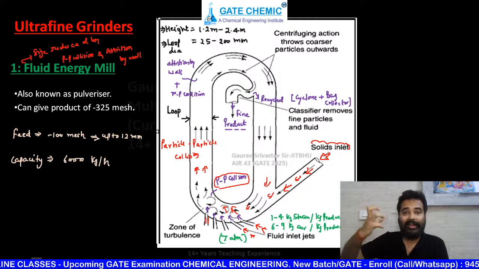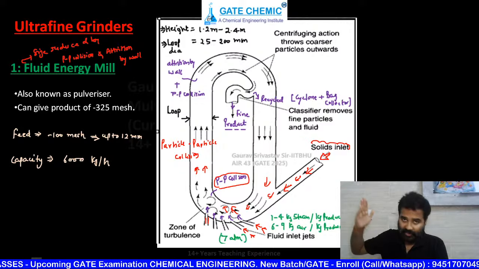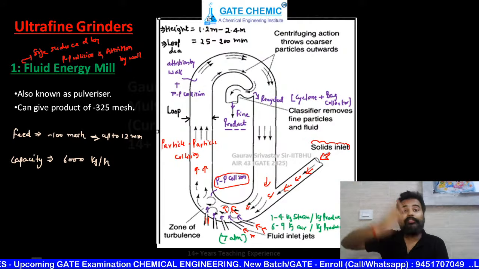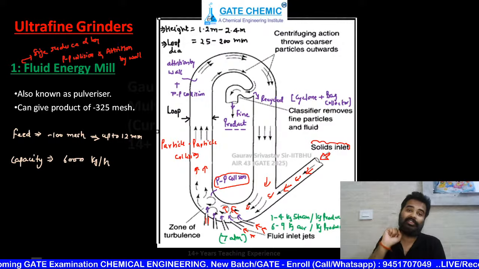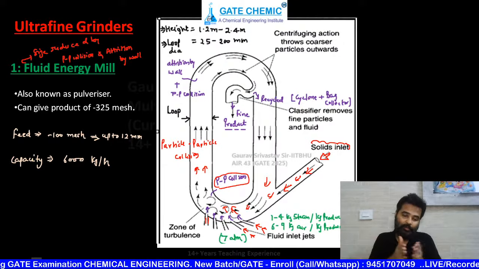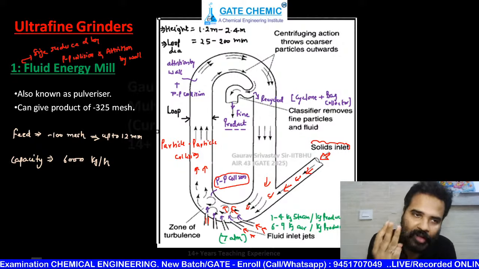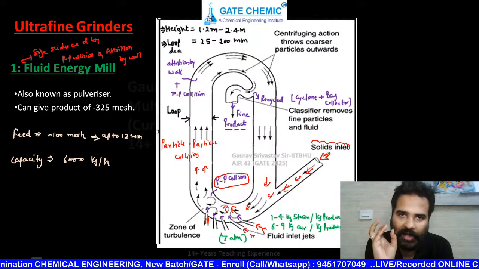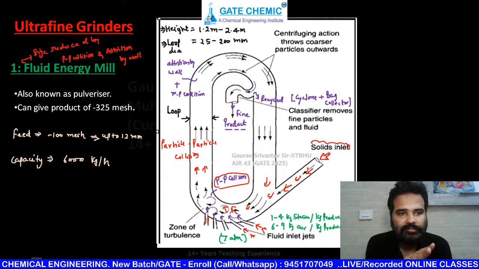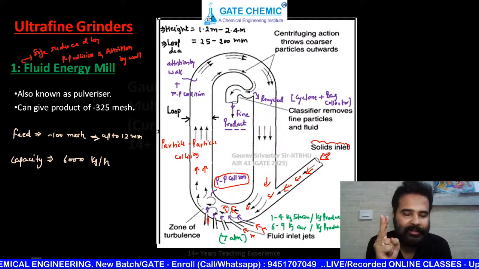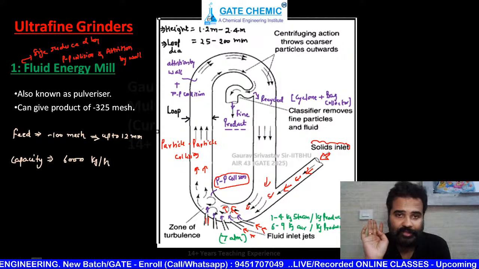which are going to separate just dust or very fine particles from your ground particles. So now ultra fine. It is now a fine hammer mill, that is just a grinder now converted into an ultra fine grinder with the fans, that is internal classification. आप क्लासीफाई कर रहे हो, प्रोडक्ट्स को. Okay, so hammer mill with internal classification. तो अल्ट्राफाइन ग्राइंडर 3, फ्लूइड एनर्जी मिल. Second one is hammer mill with internal classification. Third one is agitated mill. So these three are present in this topic beta.